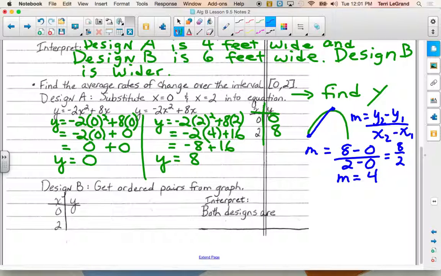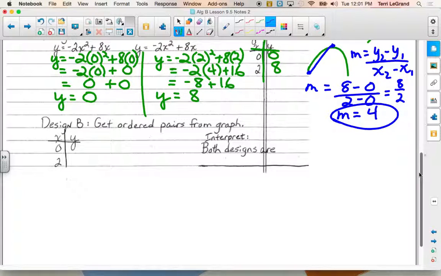Do we know what that's representing? Foot up per foot side. We don't have a graph to help us say what the x's and the y's are representing. No, we don't. We know the y's are representing feet. So we'll just leave it at that: the slope of this one is 4, and we won't give it a label. And then design B,